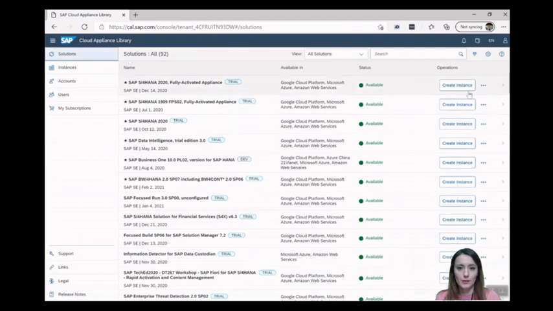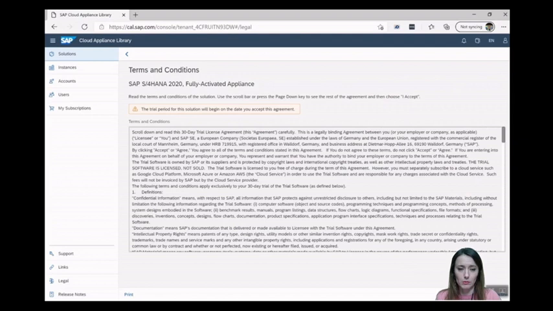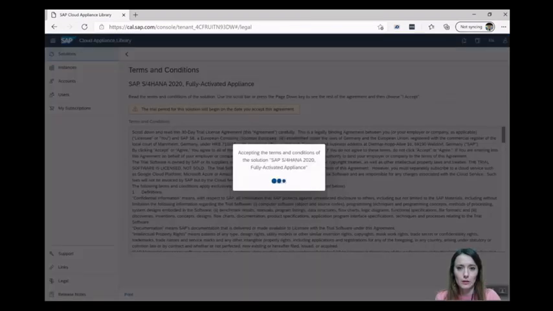So we are interested in the fully activated appliance. This is the one that has data and configuration already prepared. So because I want to just test. Here we are accepting the terms and conditions of the 30-day trial license for the S/4HANA.